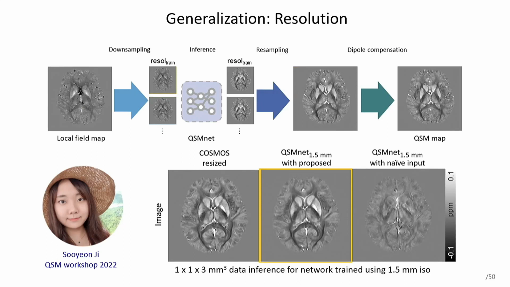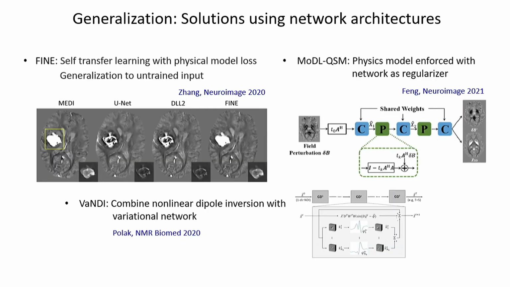Our approach was presented yesterday by Su-Yeon Ji. I believe this is a classic way of understanding the sampling theory and utilizing it so that we can find what was wrong with this resampling idea and compensate for it based on that data processing tool. You can still utilize the original version of QSMNet so that you can generate the high resolution reconstruction of the data set. So you don't have to do the data augmentation, or you don't have to develop other tools.